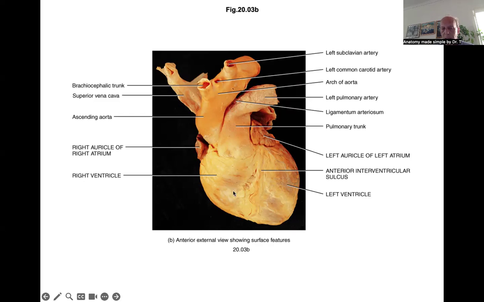We recognize that there are some parts that are called the heart's atria, that there are some parts that are to be called heart's ventricles, but now we're seeing something that is called the auricle, right auricle and left auricle. Auricle means shaped like an ear, and these are older parts of the embryonic heart, which as we change and